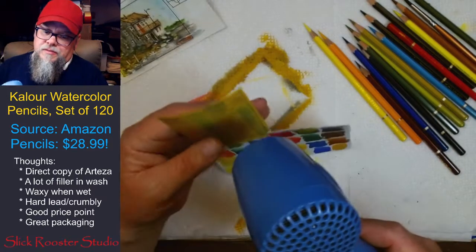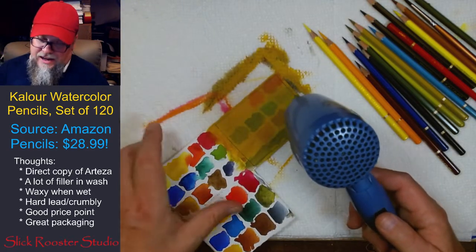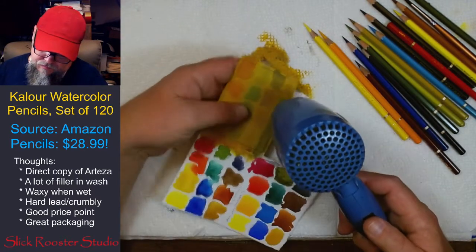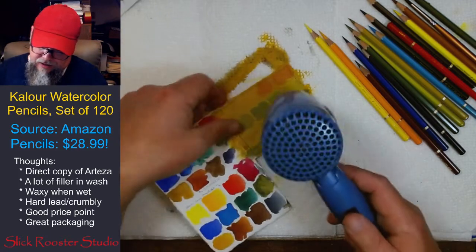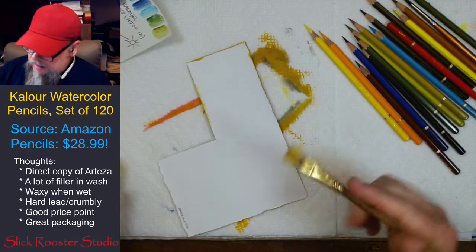And see how the face of the paper is swollen. That's why it's buckled this direction. And as I dry it out, that polymer is going to shrink and it'll actually go concave instead of convex. But I don't need to dry it out all the way. I just want to get it to the point where it's not slopping around. And then